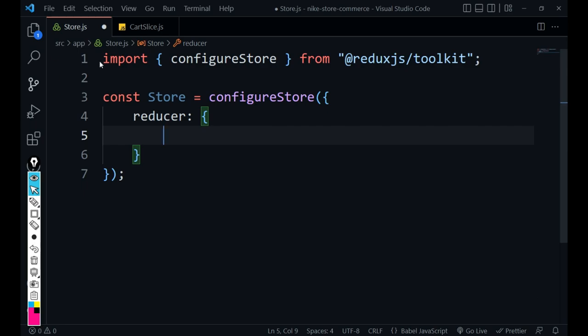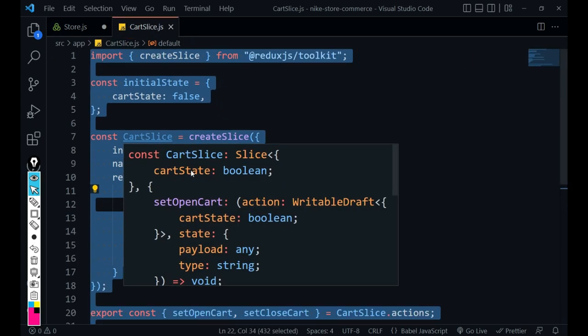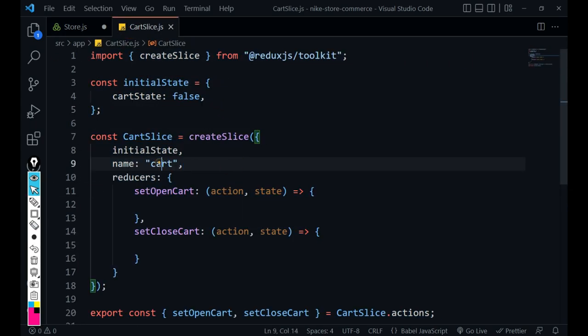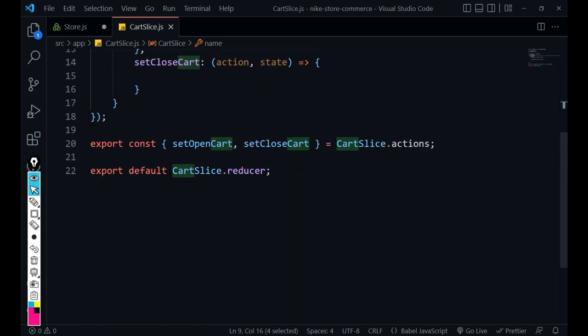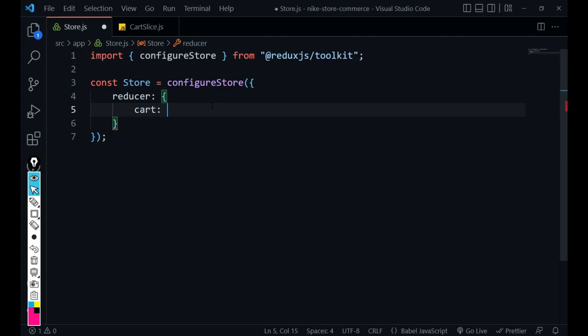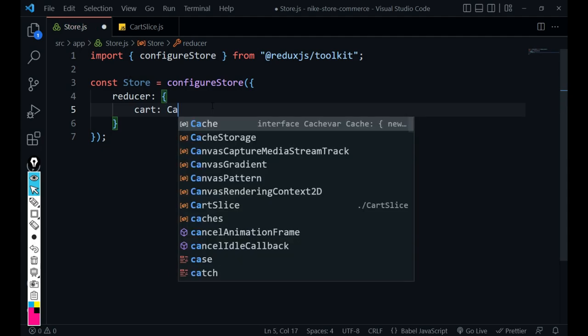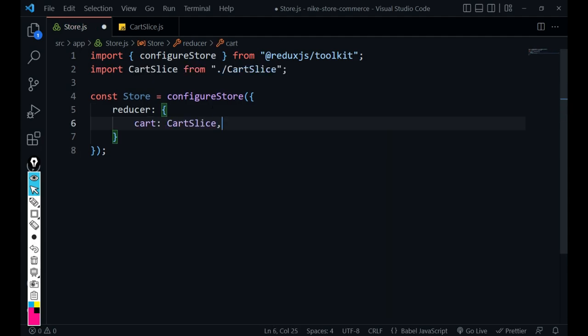In this reducer we are passing this cart slice. Okay, so the name is cart. We already exported default as reducer cart, and here we have cartSlice from /cartSlice.js. Okay, and export default